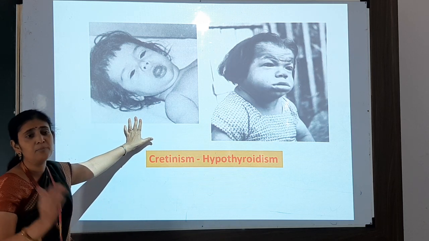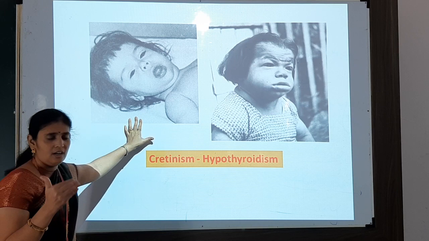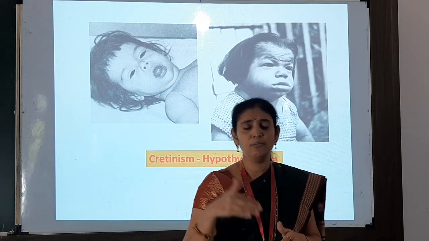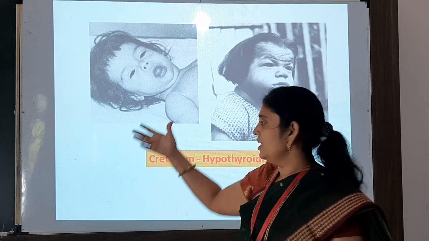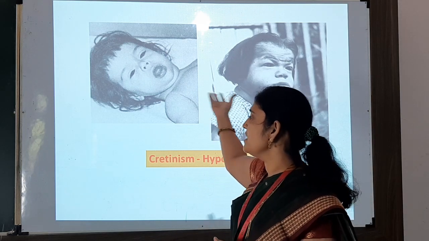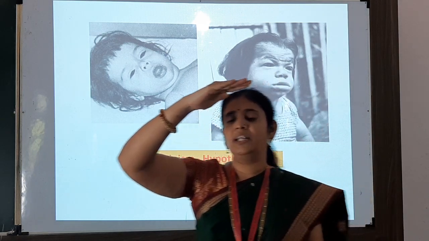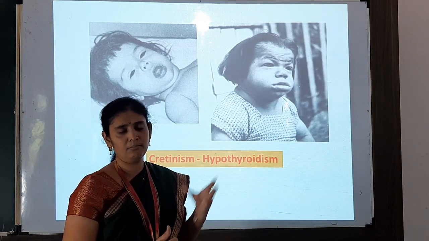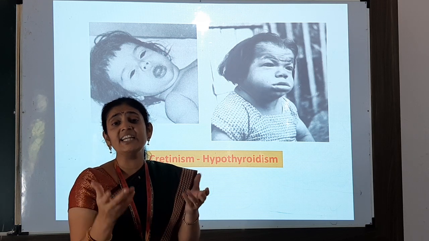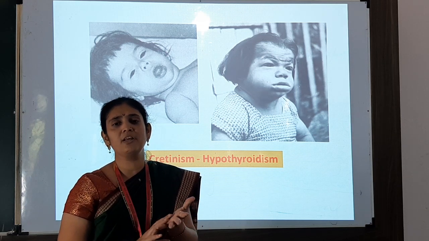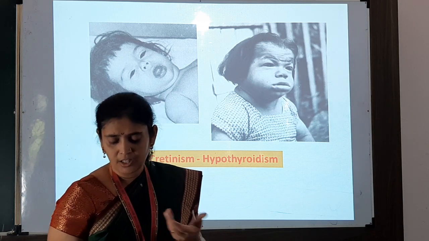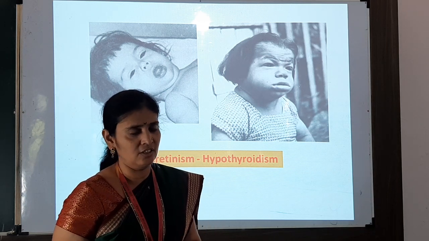cretinism in the infant. If there is low secretion of thyroxine in an infant, it causes cretinism. You can see here the height of that baby is very low, and the baby looks mentally retarded because there is no proper development of physical growth and mental growth, and therefore they are showing mental retardation. Okay, now